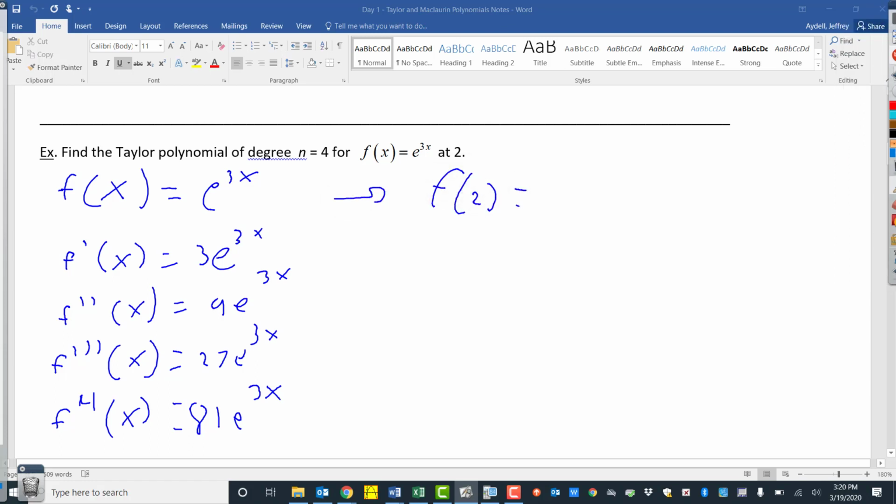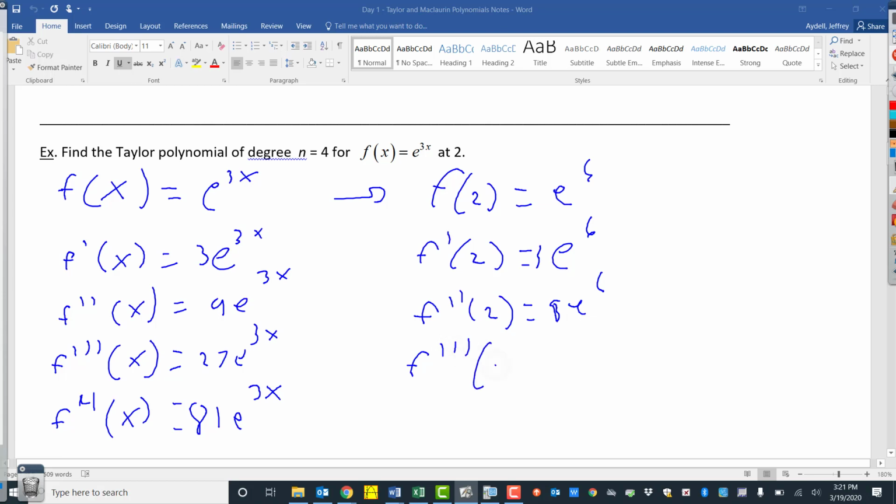So that's e to the 6th. f prime of 2, that's 3e to the 6th, sorry. Double prime of 2, 9e to the 6th. Triple prime, 27e to the 6th. And then the fourth derivative